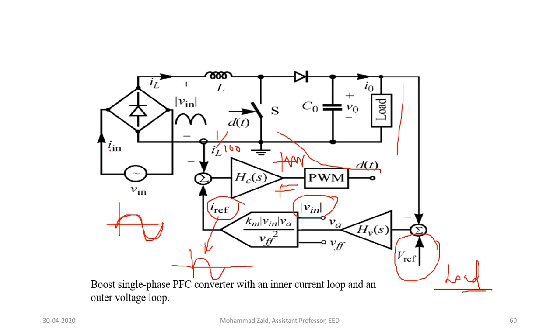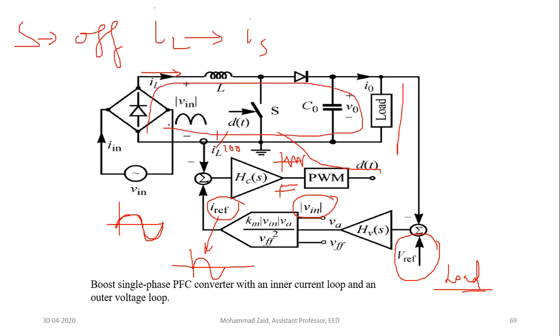तो बेसिकली जब इंडक्टर करंट ही आपने क्यों सेंस करी? क्योंकि बेसिकली जो इनपुट करंट है, वो जब ये स्विच ऑफ है, तो IL यहाँ से जा रहा है और यहाँ से वापस आ रहा है। तो जब ये स्विच ऑफ है, व्हेन S इज ऑफ, तो IL, IS के बराबर है, क्योंकि ये वाला रूट फॉलो हो रहा है जब ये स्विच ऑफ है।